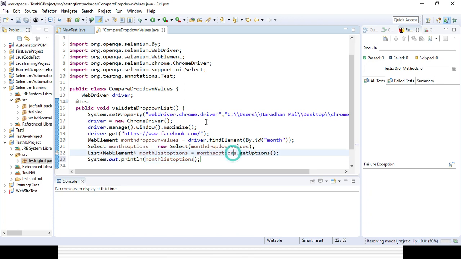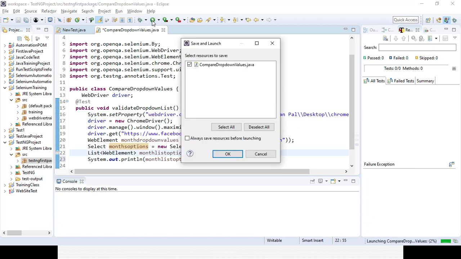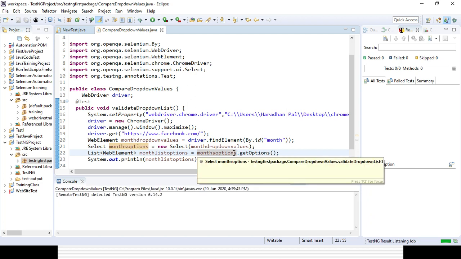Okay. Let's run the code and let's see whether all the options available in the month drop down are getting printed or not.